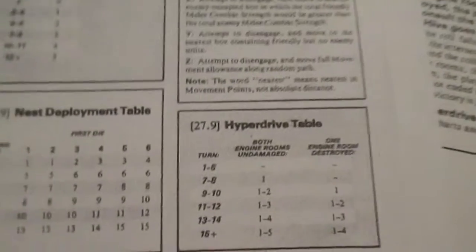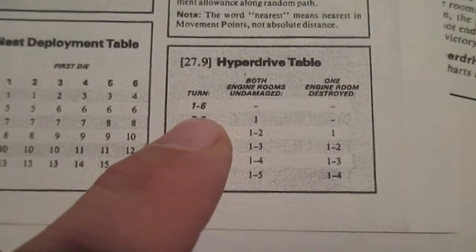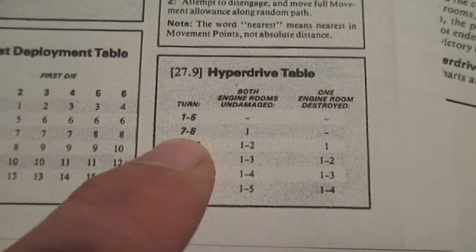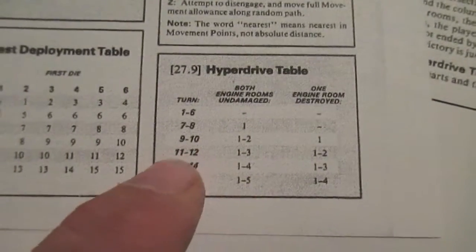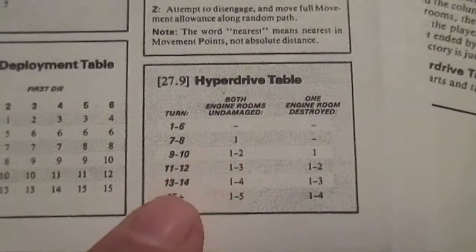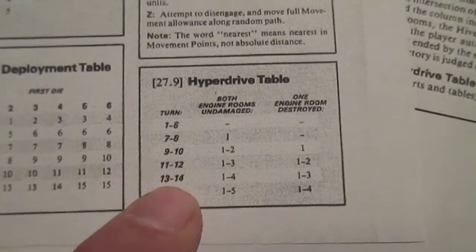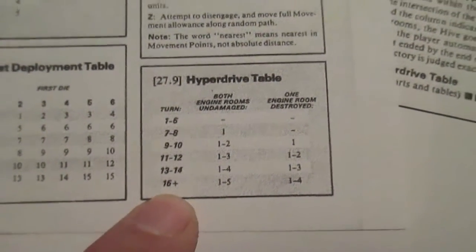Game turn 20. So here's the thing with that though. The hyperdrive table has you start rolling 1 to 6, no matter what you roll, it doesn't matter. Turn 7 to 8, if both engine rooms are undamaged, on a roll of 1, it goes into hyperdrive. Turn 9 to 10, 1, 2, 3, 4, 5. Turn 9 to 10, it's a 1 or a 2. 11 to 12, it's a 1 or a 3. A 1 to 3. 13 and 14, it's a 1 to 4. 16 and up, it's a 1 to